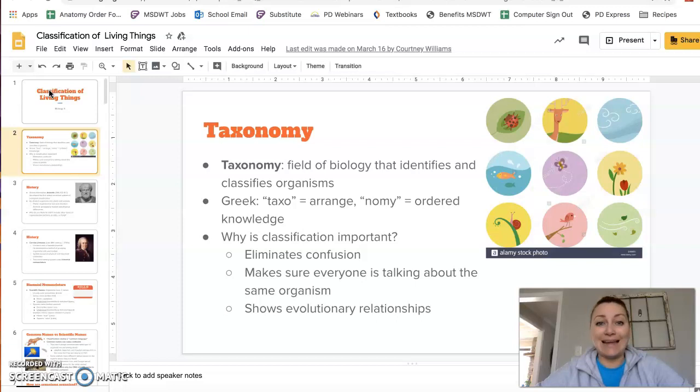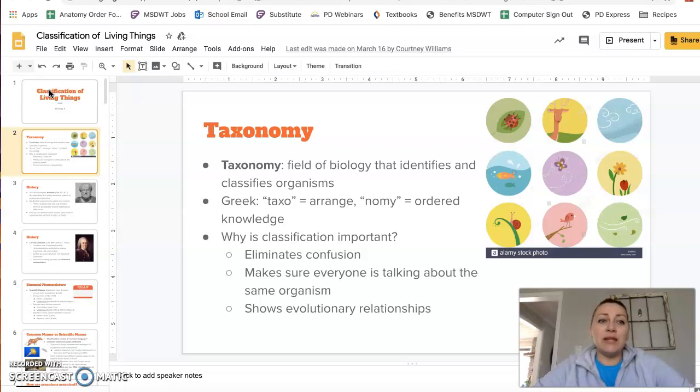When we think of the scientific names of our different organisms, like humans are Homo sapiens, that's 2 words for our name. So why is this even important? Why do we bother with scientific names? Well, one of the big things is that